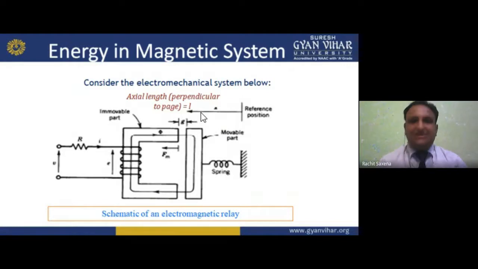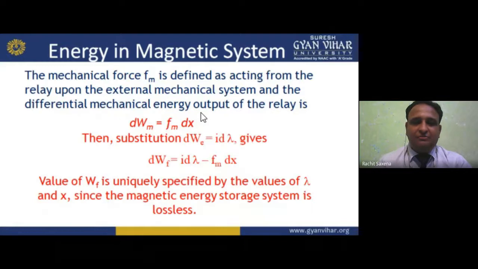And how does energy take place? I earlier told you, my dear student: force is there, and due to that force, torque takes place. If torque is taking place, there will be an energy that basically moves it. Okay, I hope you understand this. Now moving forward: energy in a magnetic system. Previously, energy in an electrical system.